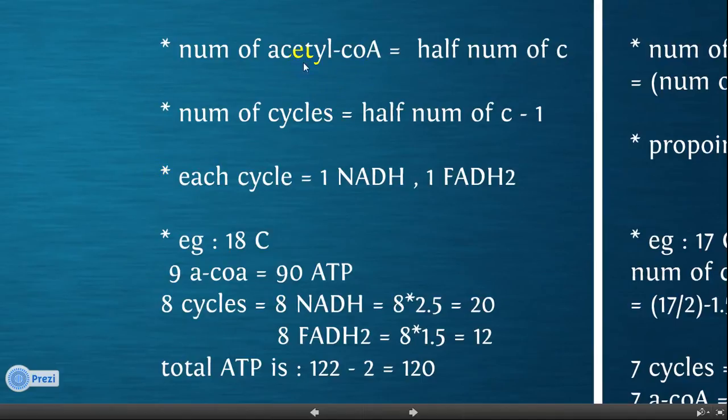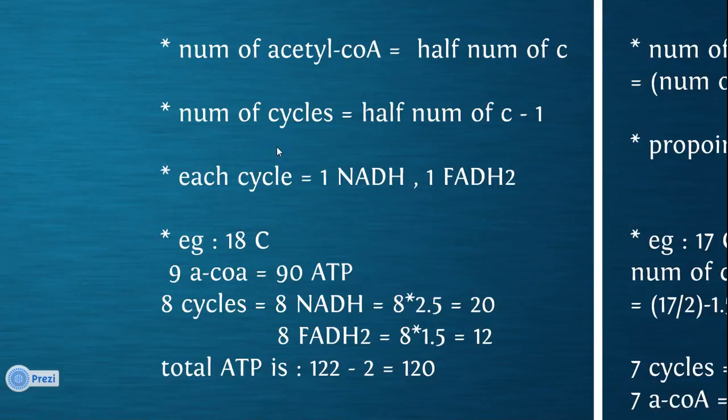It's very easy. The number of acetyl-CoA in an even-numbered fatty acid equals half the number of carbons. So the acetyl-CoA in the 18-carbon fatty acid will be 9. Why? Because it's just half the number. The number of cycles that this fatty acid makes in beta oxidation is very important, because in each cycle